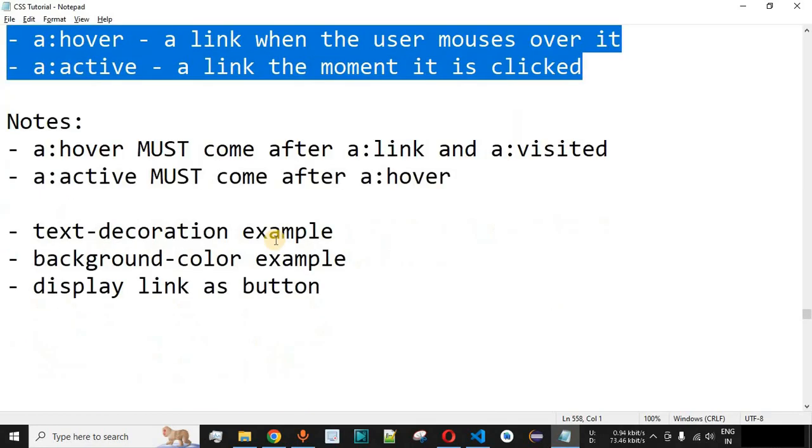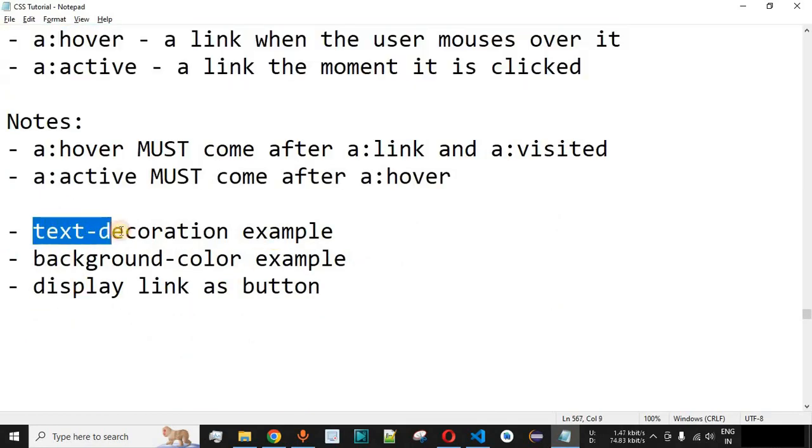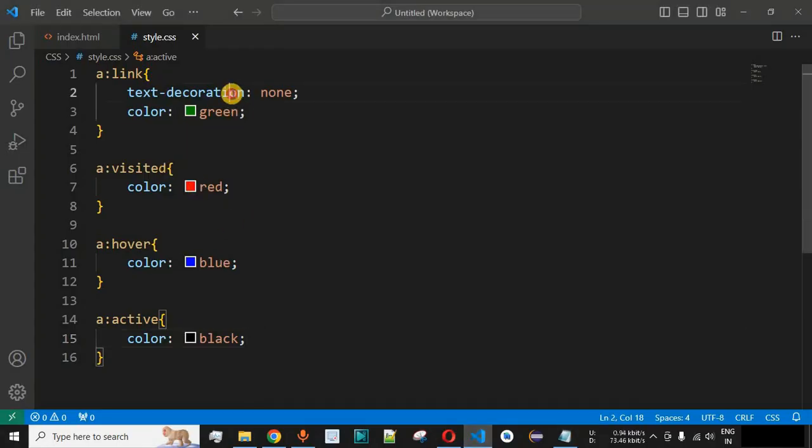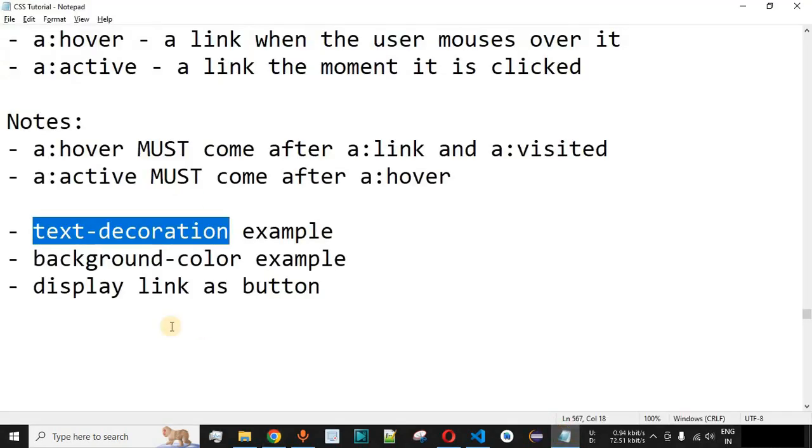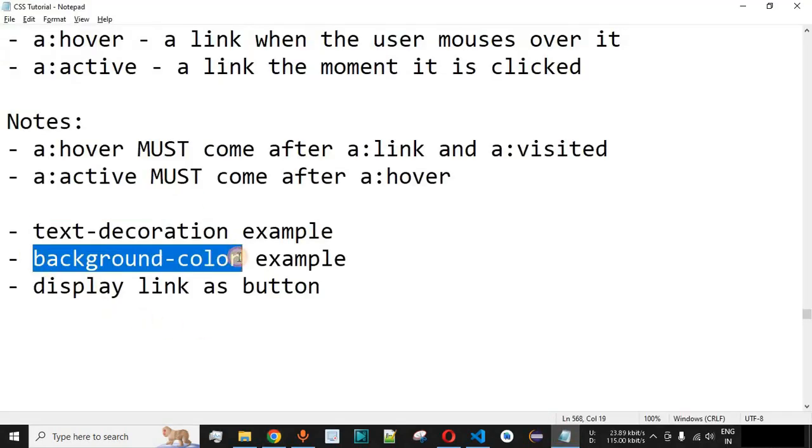Now guys, apart from this, we have also seen how we can implement the text decoration. So basically, if you don't want the underline that comes by default, simply you can set the text decoration as none in this case. When we don't set this text decoration as none, let me just save this file now and try reloading this page once again on the browser. So you will be seeing the underline by default for all the anchor tags that you define in your HTML file.